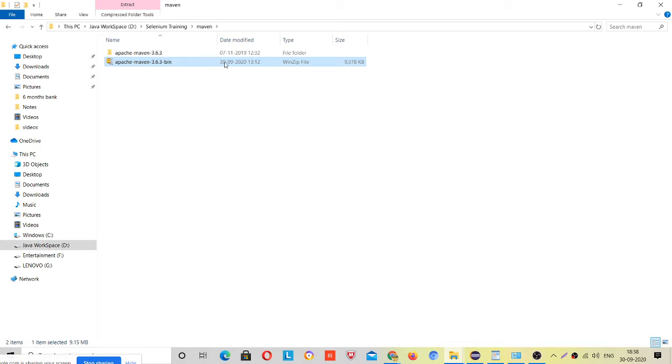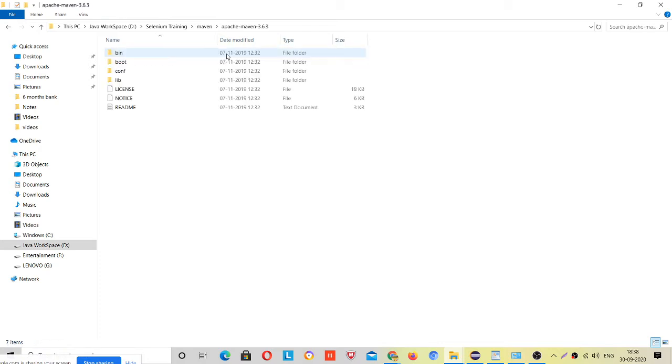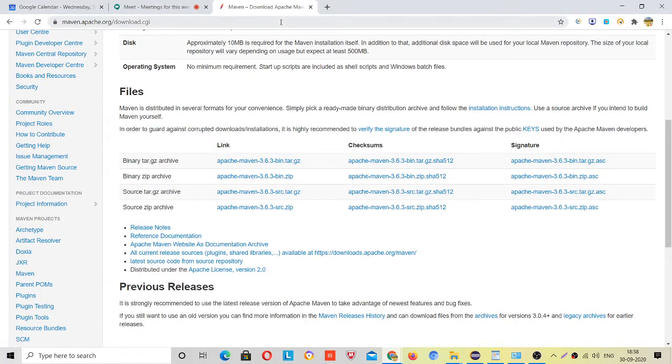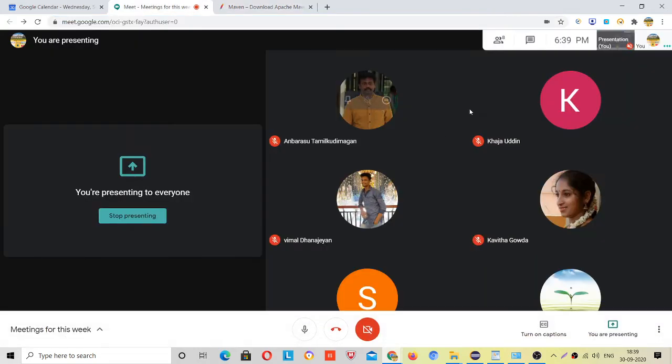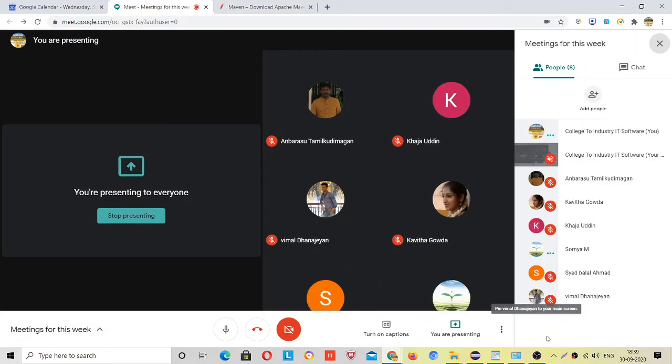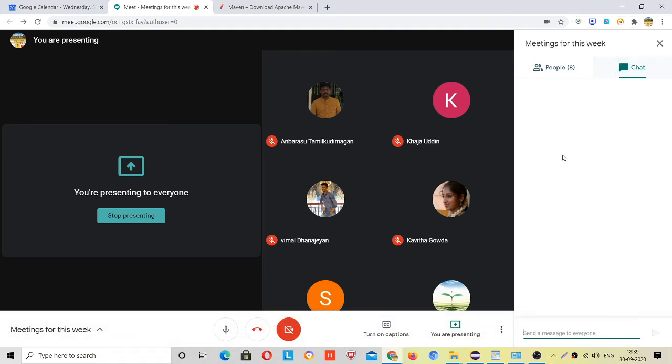Once you extract this, it will come in this structure. I will give you this path in the chat box. From this path you can download Maven.